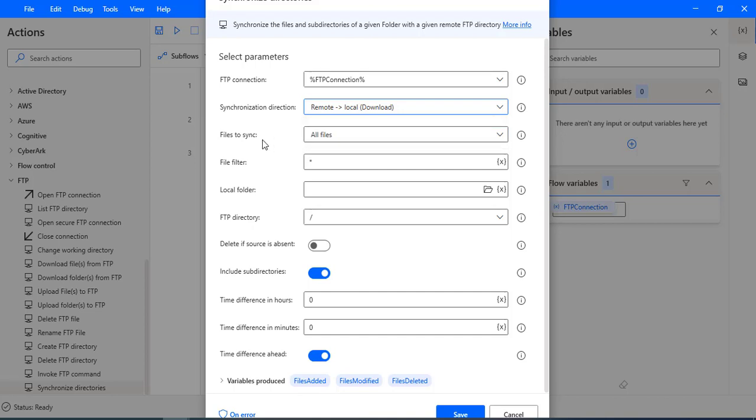All right. Now we'll see another parameter, files to sync. Here I have all files, only files matching the file filter, and only files not matching the file filter. What is this file filter? You can see I have another parameter where you have star, nothing but all the files, you are going to define it here. If you define all files, then based on the synchronization direction, you will download all the files or folders from the remote FTP server to the local directory, or from local to the remote FTP